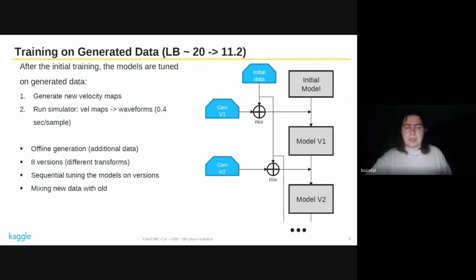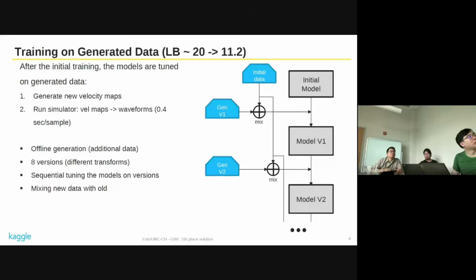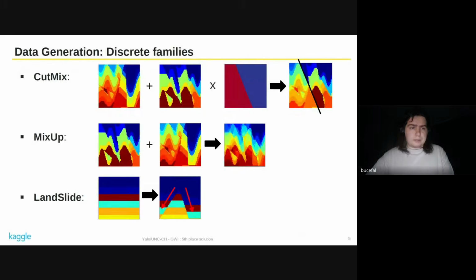Actually, one augmentation we did use on the fly is flip augmentation, but the other augmentations that we used were pretty time demanding, so we can't use them on the fly.